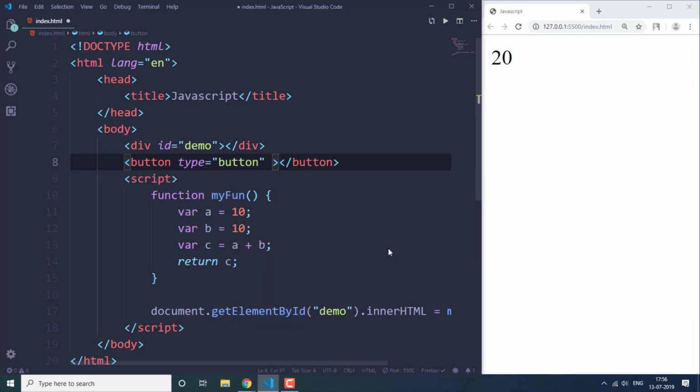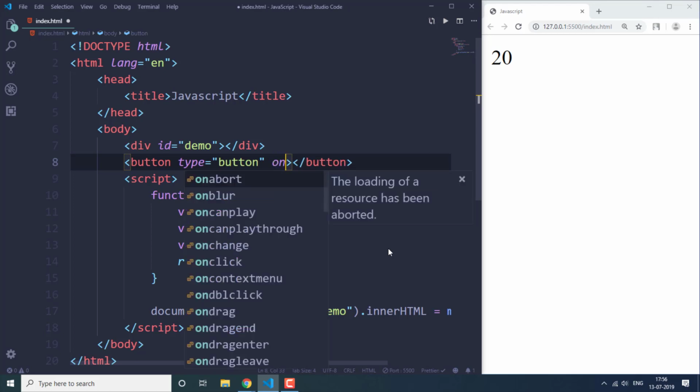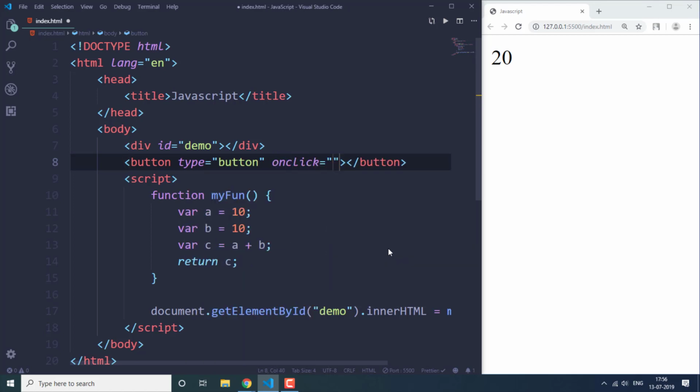So I'm going to write on click. So in this attribute's value I'm going to just pass on this function that I have created, that is my fun, and I'm going to specify the name of this as sum,